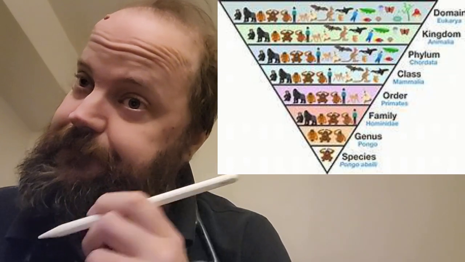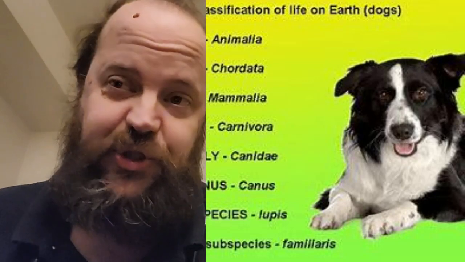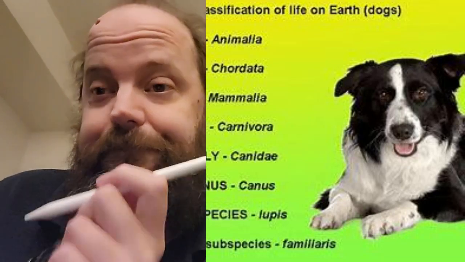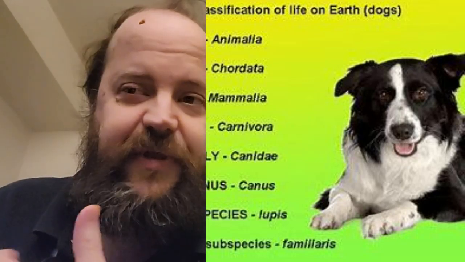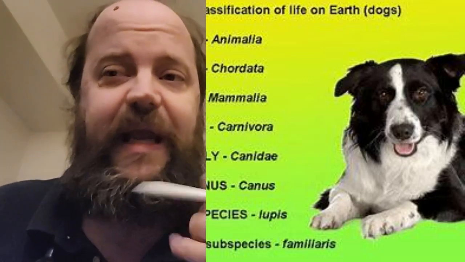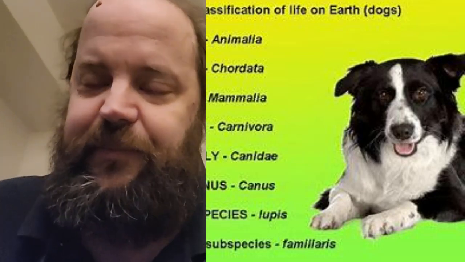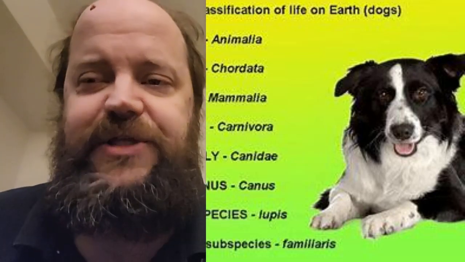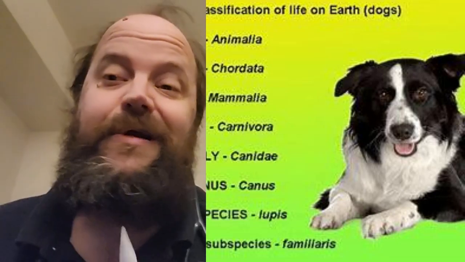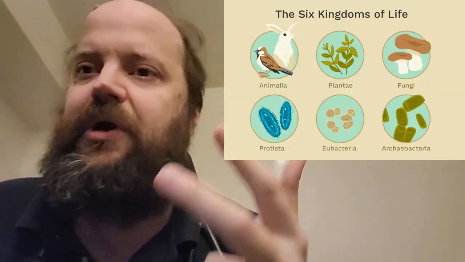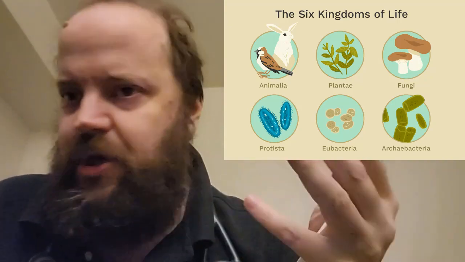For mammals, it goes like this. Here's a picture of a dog, and then just going down the list of how it's organized all the way down to species. You could do this for anything else. But when it comes to bacteria and other living things, it's the same old system that's been around for centuries. It's just that now we have to fit them into a slightly wider kingdom, which encompasses animalia or animals, plants, fungi, protista,